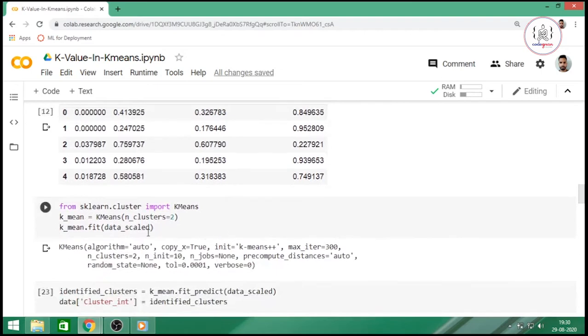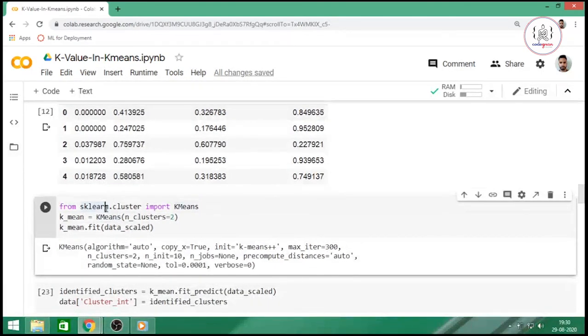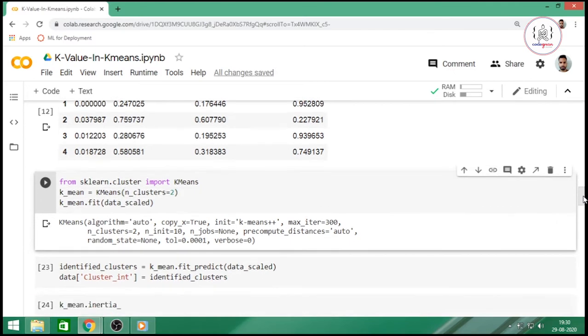We are doing this clustering using the sklearn package and have given n_clusters equal to 2, so it is going to consider 2 clusters. Our data is going to be grouped into 2 different clusters and here we have done the prediction.